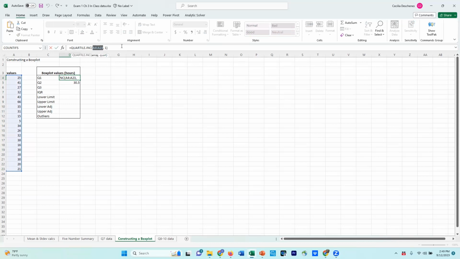And on my keyboard, I find function F4, and that automatically adds the dollar signs. The dollar sign in front of the A means if I change this and copy the formula to any place else, it's always going to say an A. The dollar sign in front of the 4 means it's always going to say a 4. So if I want the cell A4 to A23